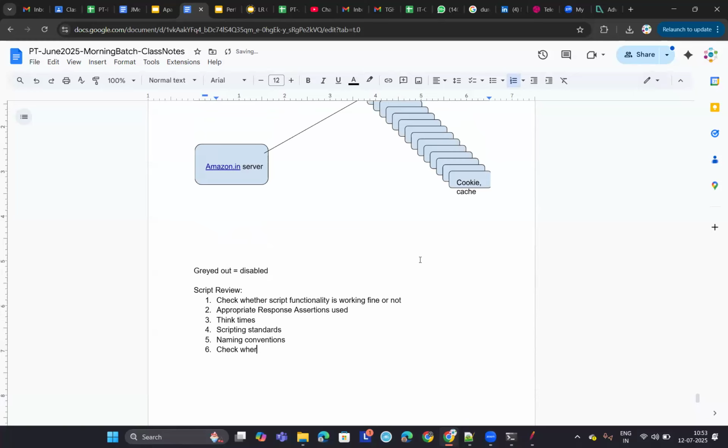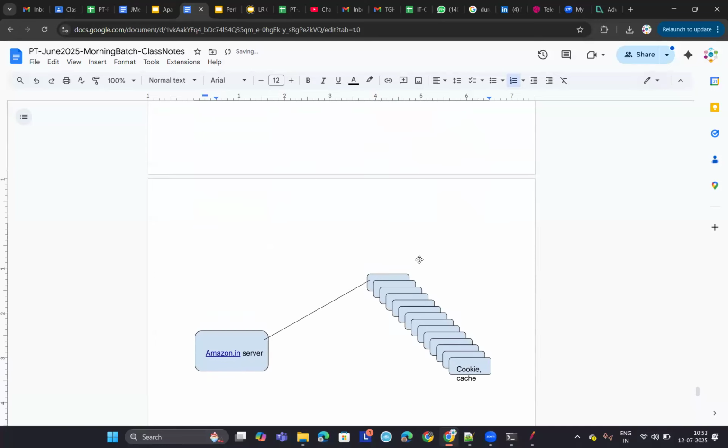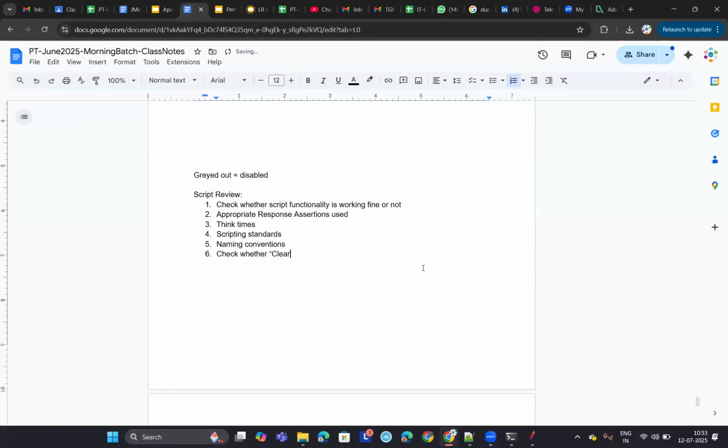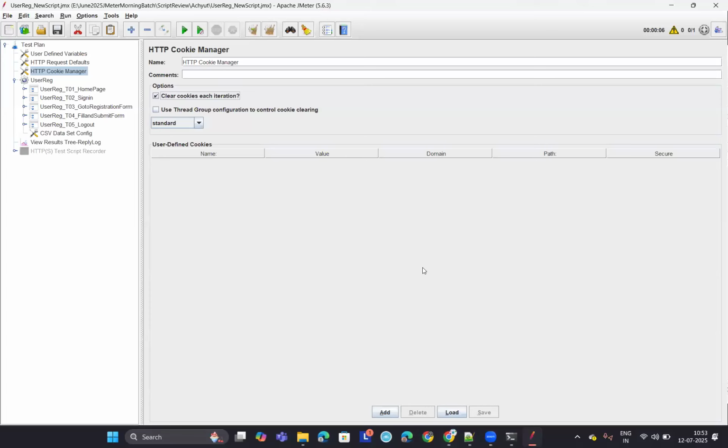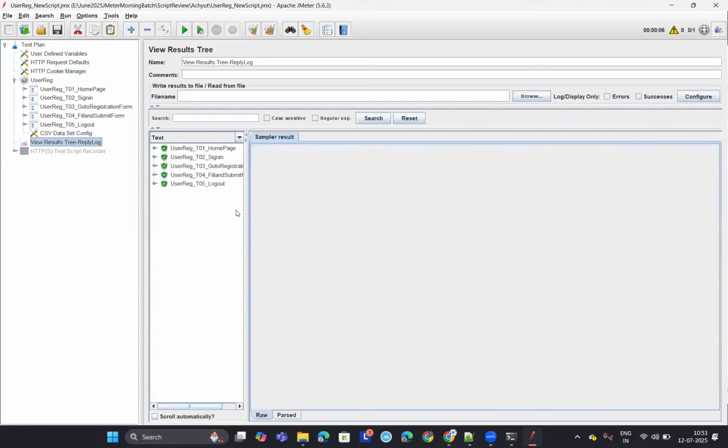Check whether the clear option is selected or not in the HTTP cookie manager and cache manager. That is another thing that we need to check. Anyway, now I see that all the transactions are successful, but you have to check whether response assertions are added or not. Once you replay the script,